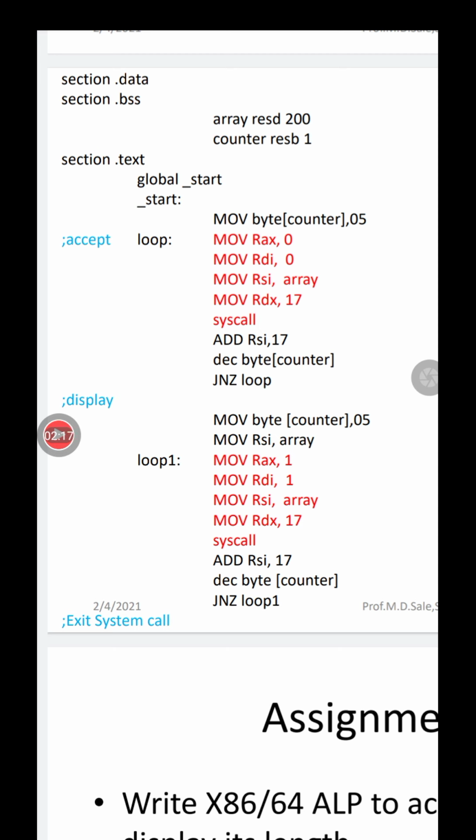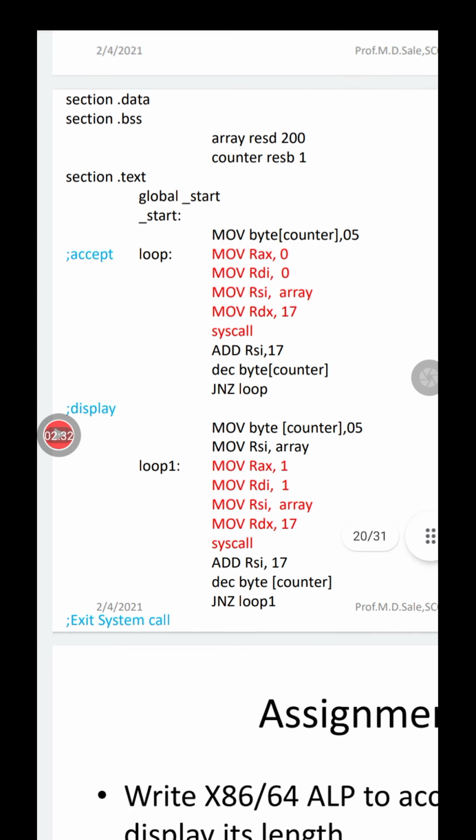So in this case, see, first we have to accept the 5 numbers. So we require the counter with the value of 5, because we are accepting the first number, then we are displaying that particular number. We accept the second number, or we can also do it like this. We accept the first number, we store it in the array, again accept the second number, store it in the array. Likewise, we accept the 5 numbers. That means we write the loop for accepting the numbers and storing them in the array.